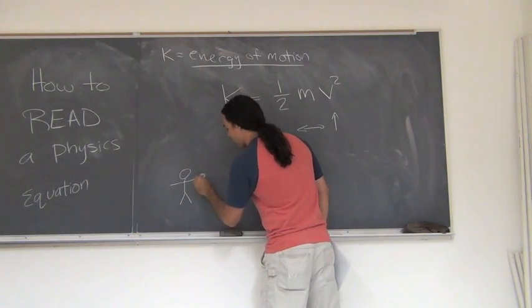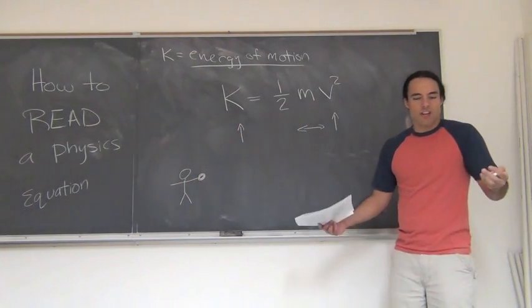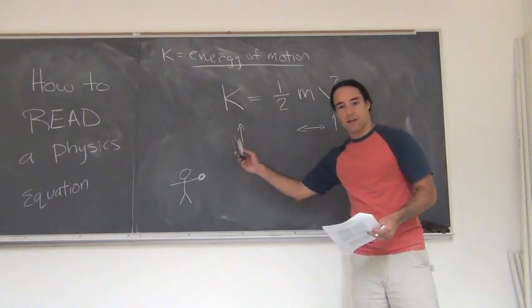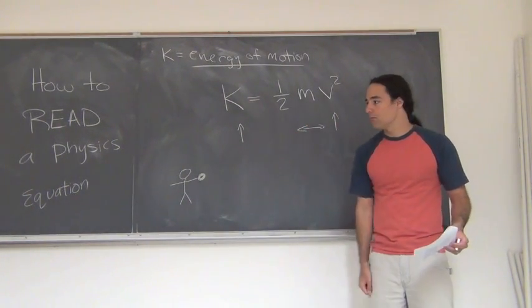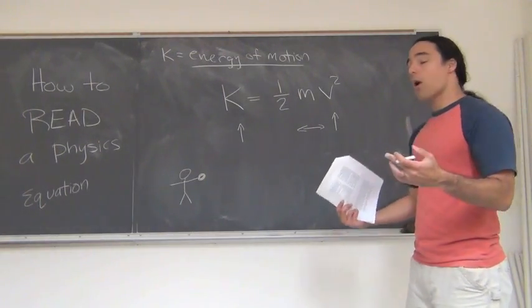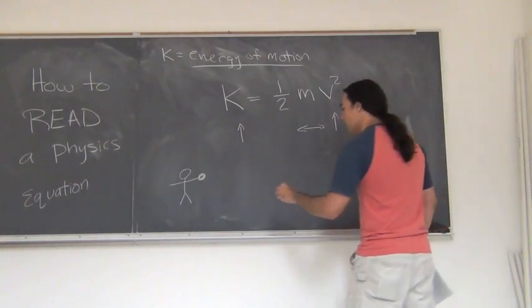You toss a baseball at 10 meters per second. Tossing a baseball at 10 meters per second is not that hard. Pretend this is a baseball. There. 10 meters a second. That's not too hard. However, if this is you,